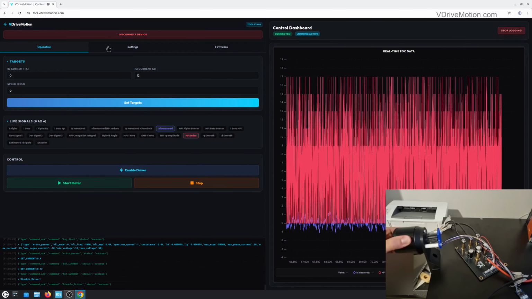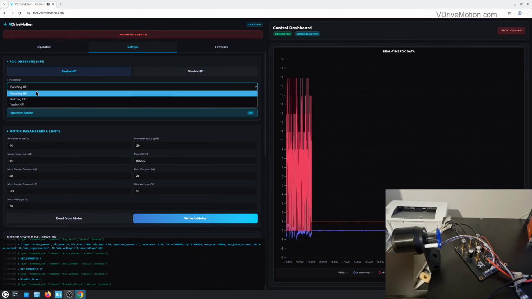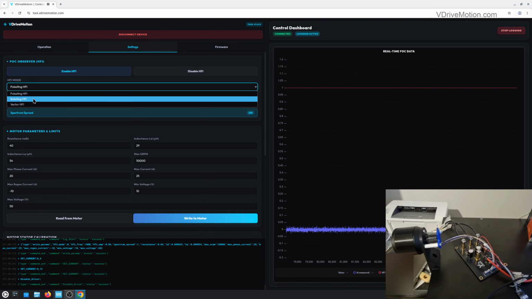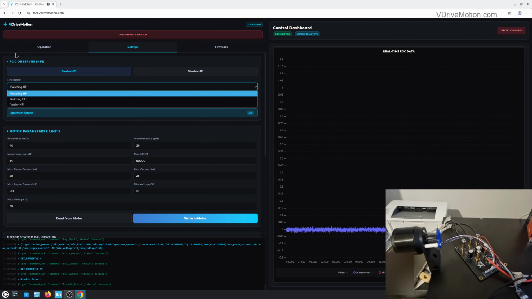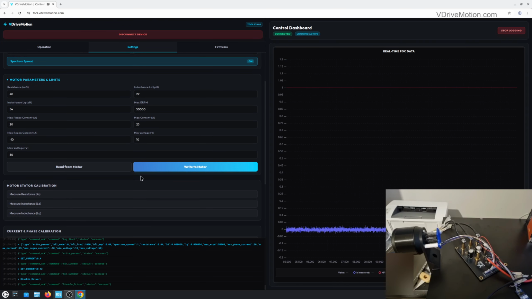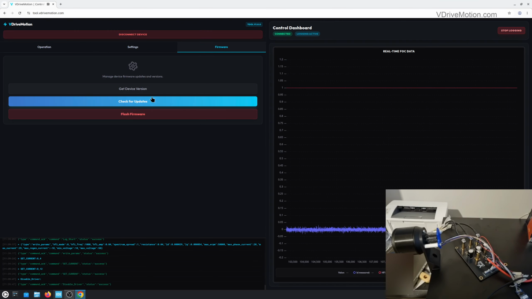But yeah, so that's how it's using this pulsating HFI and rotating HFI, and at some point I'm planning to also implement this vector HFI, and then there is some other stuff, and then I'm planning this firmware